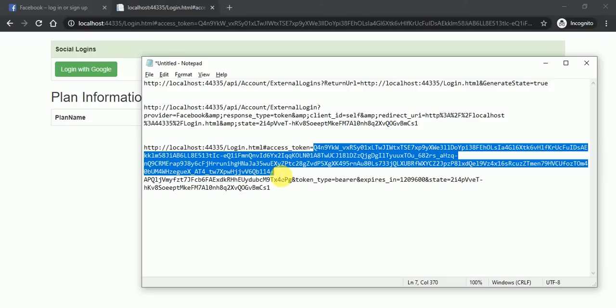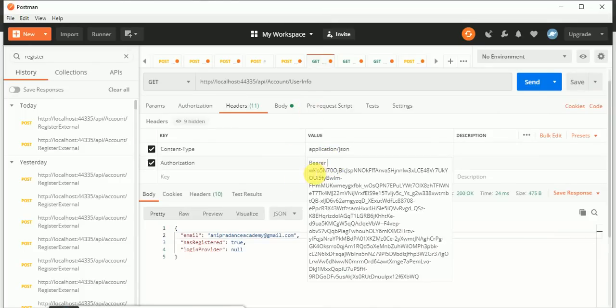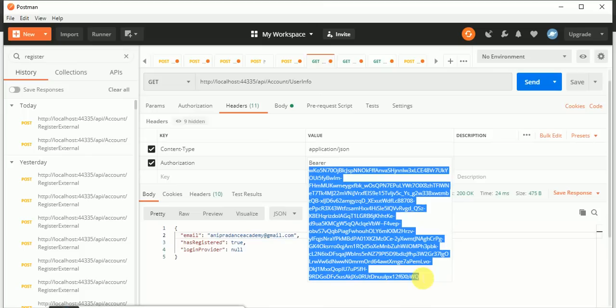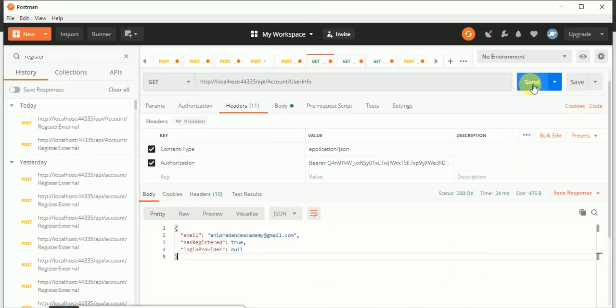Now I will copy this token, and we'll move on to Postman and type over here. Once you click on the send button, it will say Anil Gangwar has registered equals to false.